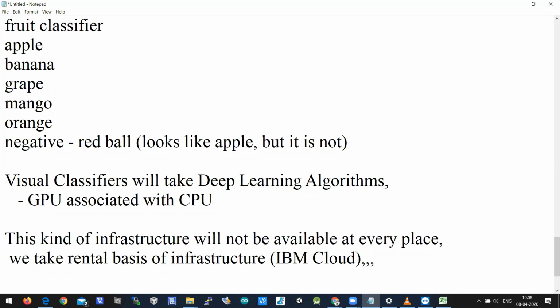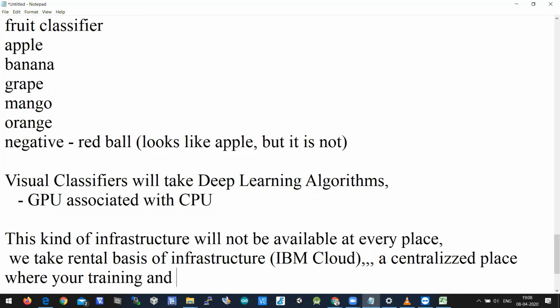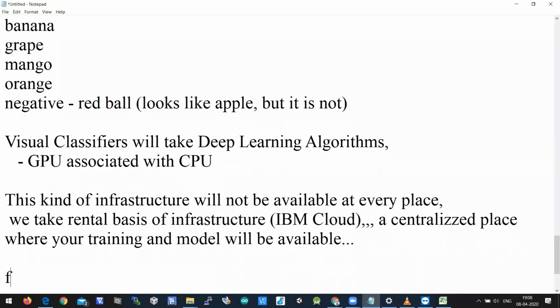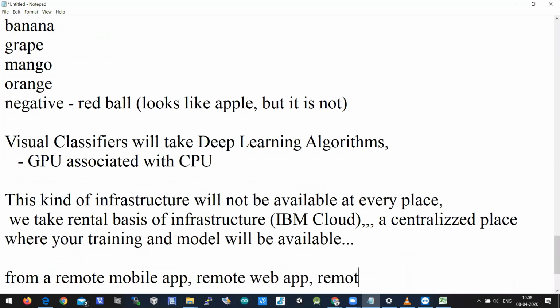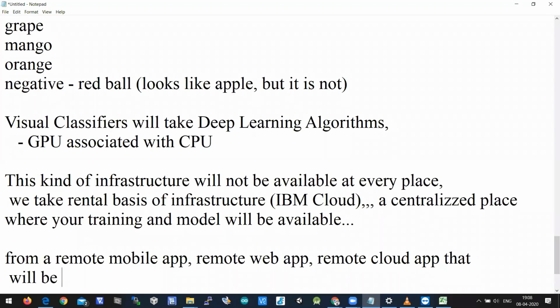IBM Cloud is nothing but a centralized place where your training and model will be available, and a remote mobile application, remote web app, or remote cloud app will be connected to this cloud and get the things done.